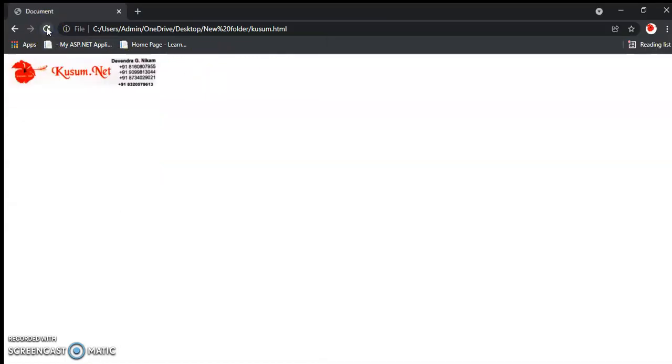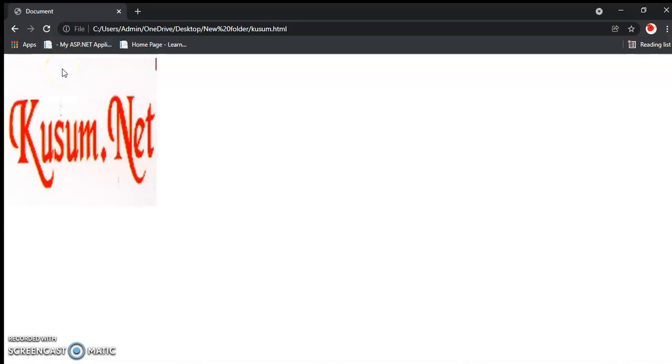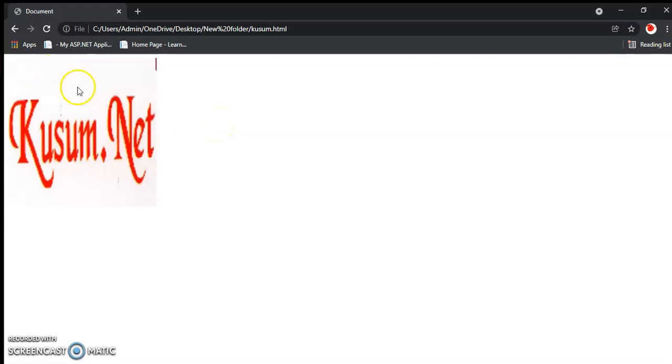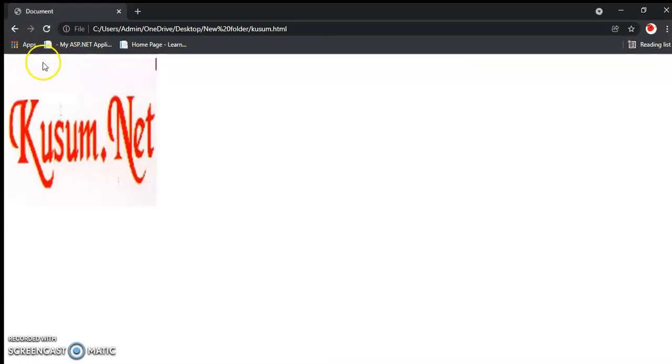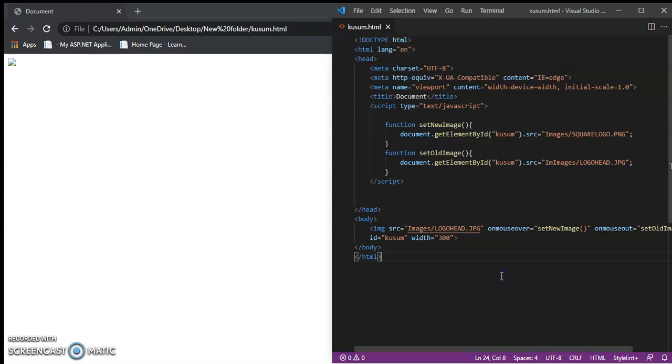I mouse over, so it sets the new image. When I mouse out, the old image is not set. Let's see what the problem is. In the name there is something wrong. I have fixed this. Now refresh the browser. New image. When my mouse goes out, it doesn't display the old image, so there is still a problem.